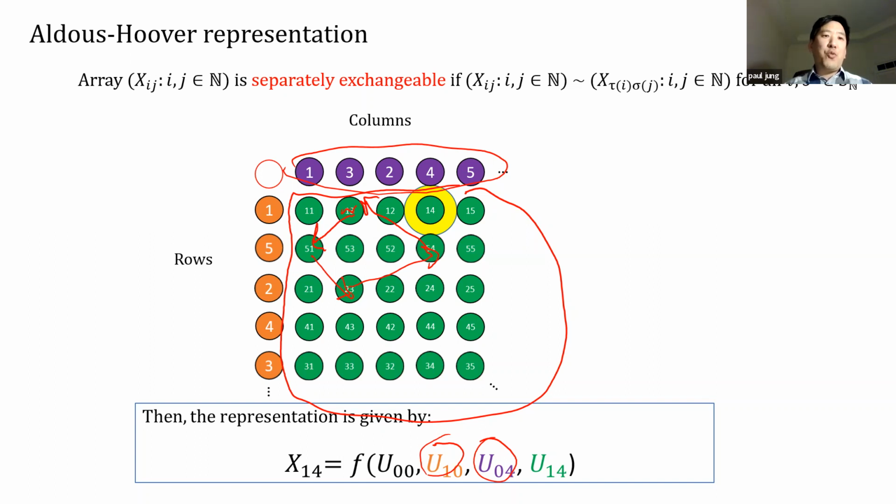So one type of thing that you want to do is you kind of want to use the invariance that you have to permute all the random variables and carve out the structure in some sense. And Aldous does this. What he does is he permutes all the random variables, and because we have an infinite family, you can permute them away to infinity. And then you actually get some sort of tail field. And that's how he actually gets these orange and these purple random variables.